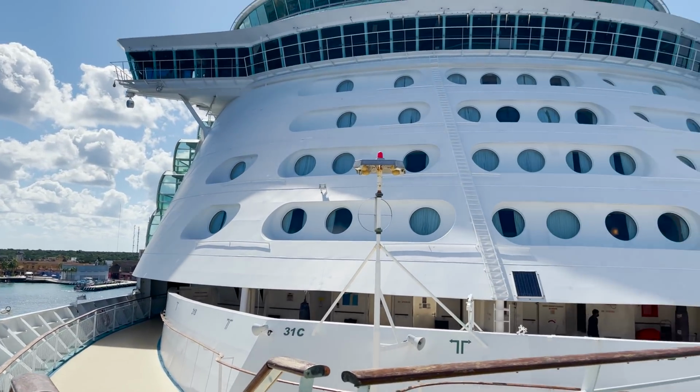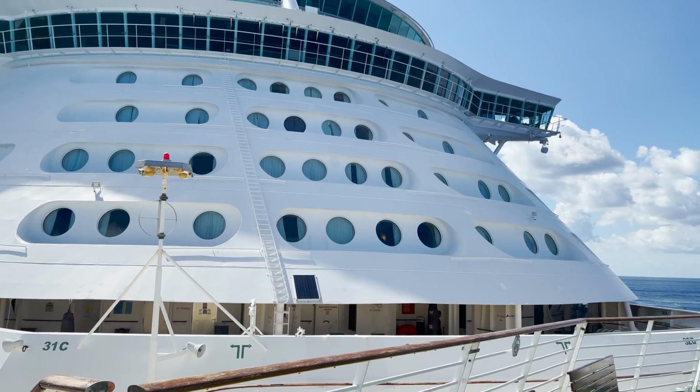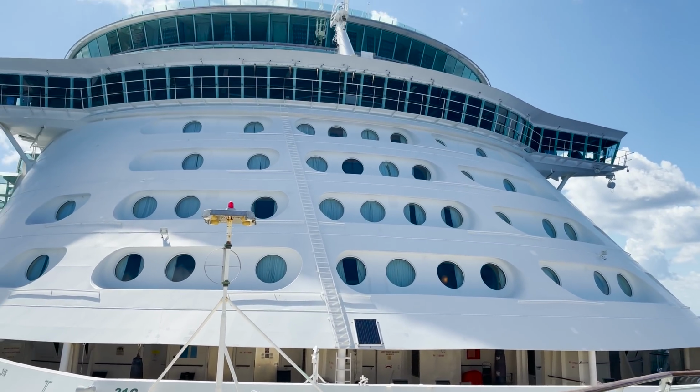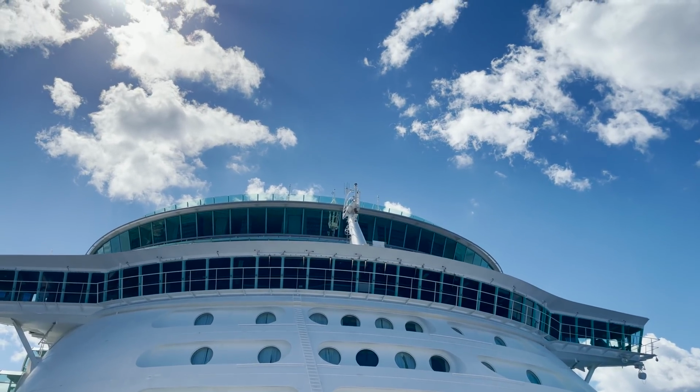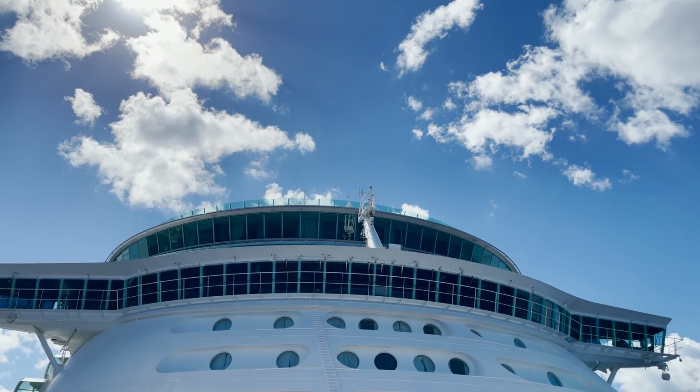You can look back at the ship and see the different ocean view rooms they have with the big porthole windows on the front there. You can look up to the bridge. You can see the panoramic ocean view, floor to ceiling windows, and those rooms up at the top there as